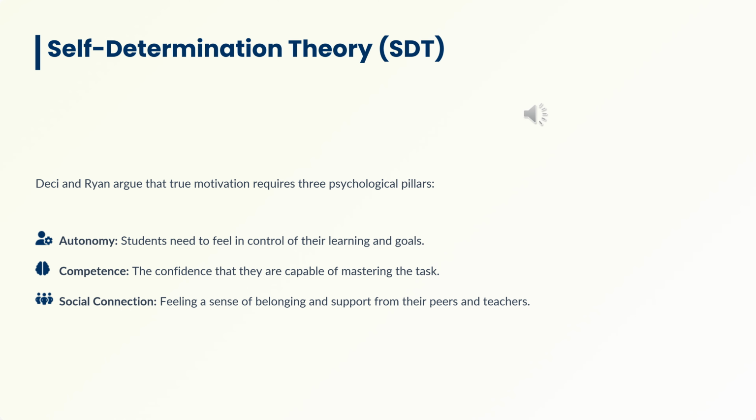Self-determination theory, associated with Deci and Ryan, identifies 3 psychological conditions essential to strong and durable motivation: autonomy, competence, and social connection. Students need to experience a degree of control over their learning, confidence in their ability to succeed, and a sense of belonging within the educational environment. This theory is pedagogically valuable because it links motivation with the structure of classroom life itself. Where autonomy is suppressed, competence undermined, or social belonging weakened, motivation is likely to decline.